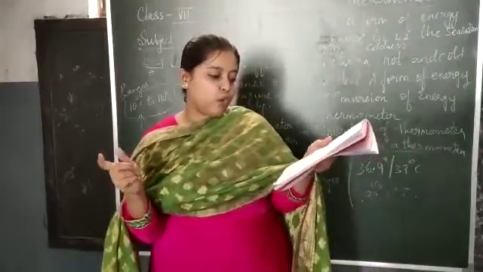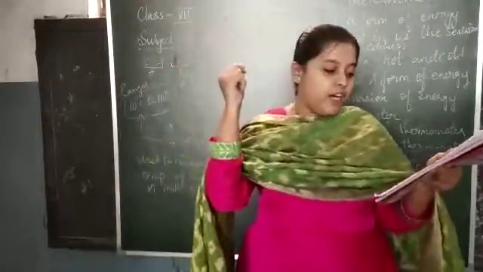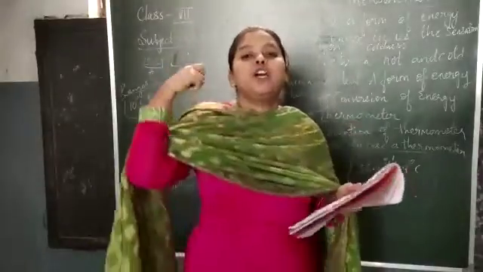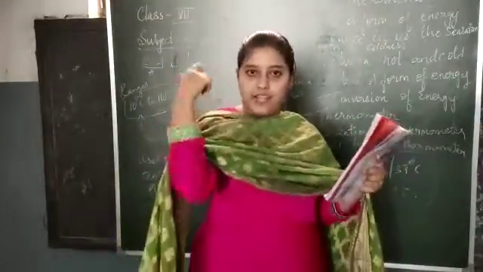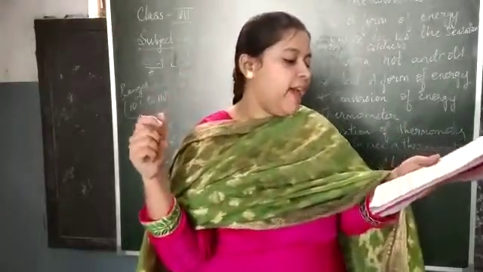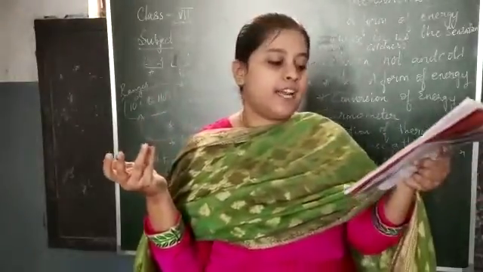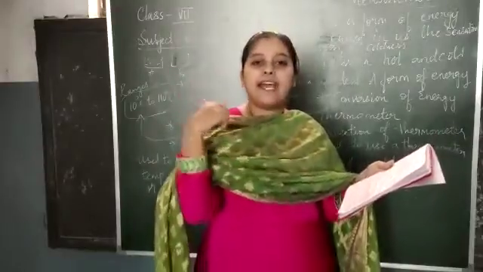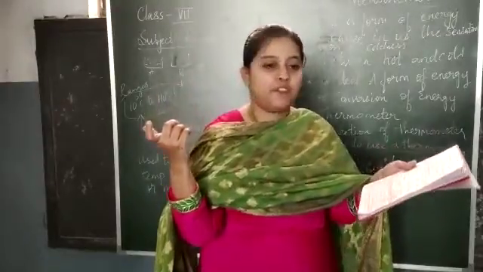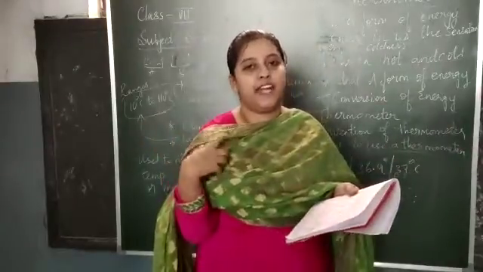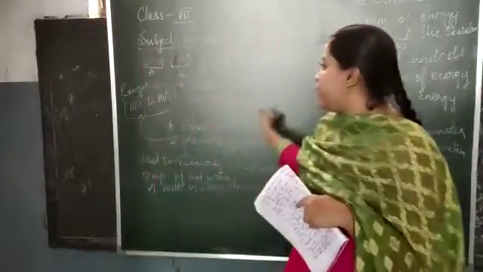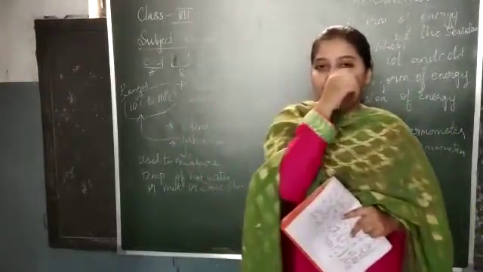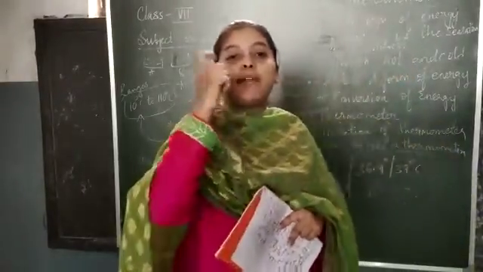And children, one more thing, you must hold the thermometer in a firm position. After removing it, give a few jerks. Jerks are nothing but you must do like this. Why must we do this, children? Because it is quite possible that the mercury present in the thermometer will rise up to the base of the temperature that is there. Usually clinical thermometers, before we used to use clinical thermometers. In clinical thermometers only you can find the mercury which is present in the bulb.